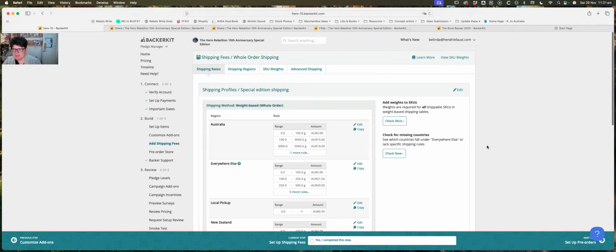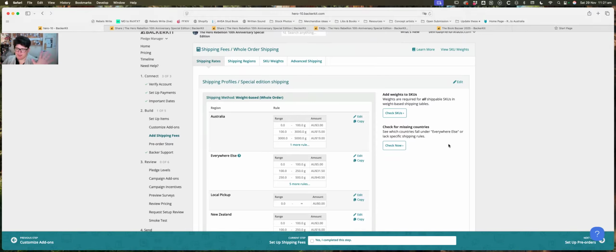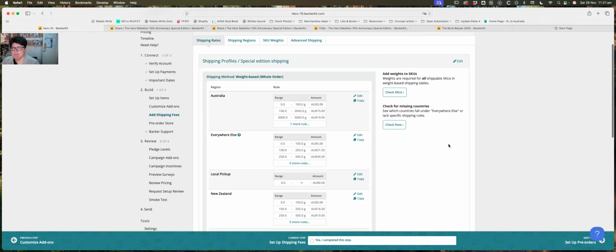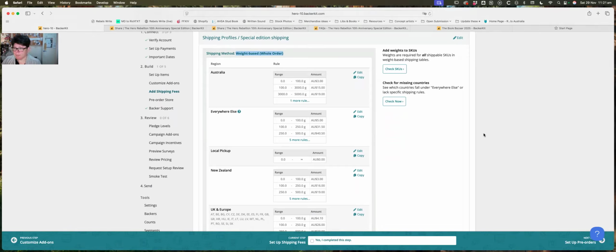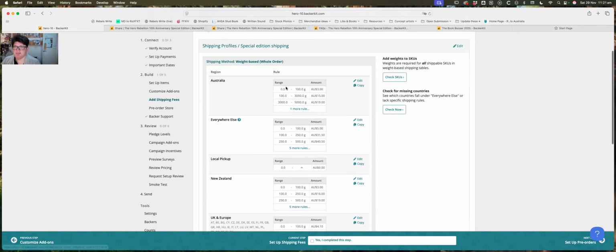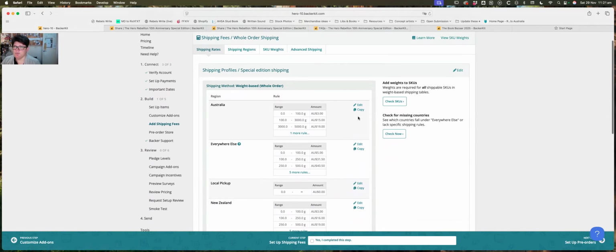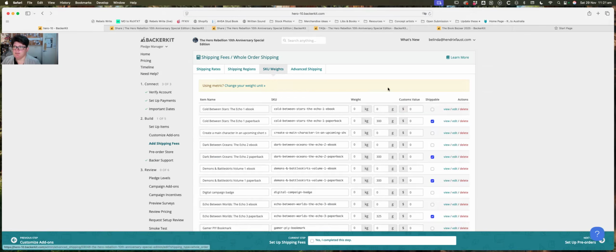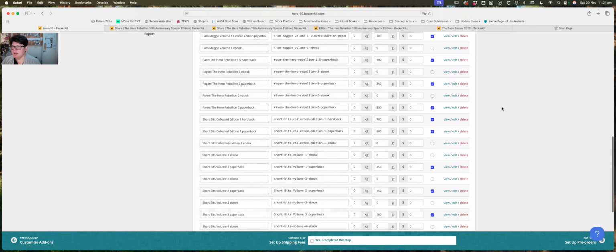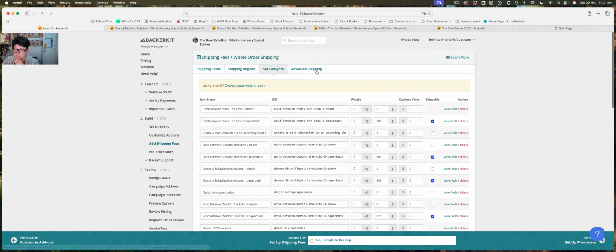When you're setting up a regular old shipping profile, I use weight-based, because that's how Australia Post charges, by weight. You go in here, make new rules. I think it's actually in regions. Shipping regions. Yes. And this is where you add the weights of items. This is another reason why I do this. I'm not going to go through it all